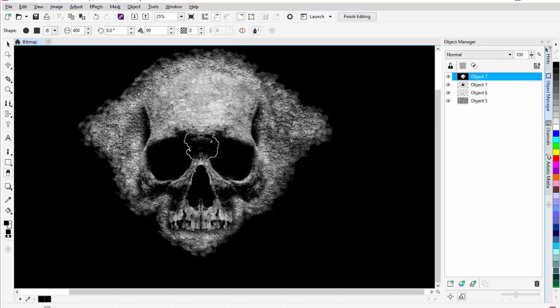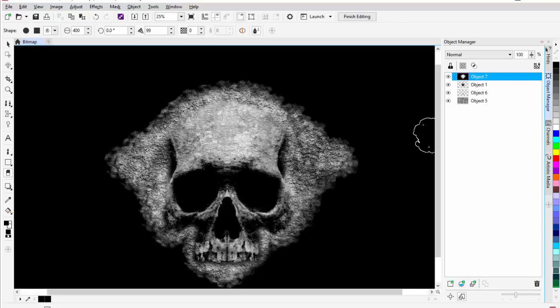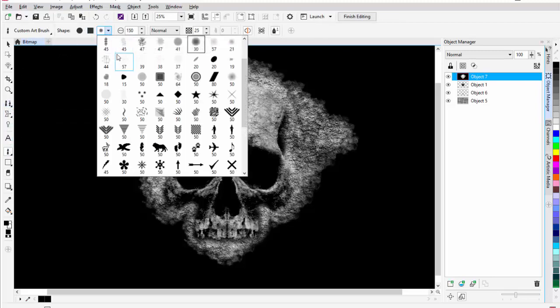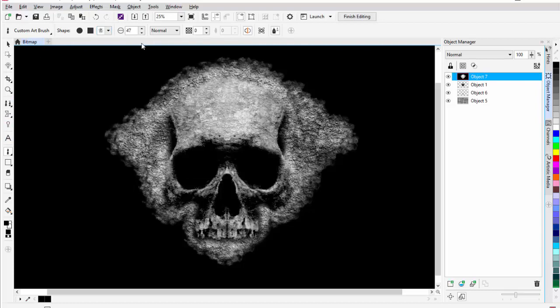Right there. Now that's just a foundation for that, and I'm going to scroll down here and go to my paint tool, or my paintbrushes, which is right here. I'm going to get the same brush that I was working with, which was right here, number 47. I'm going to set that up at, say, 150 and hit enter. Then I can come back in and do some more effects with that by bringing some black back into the design and grunging up those edges a little bit more,